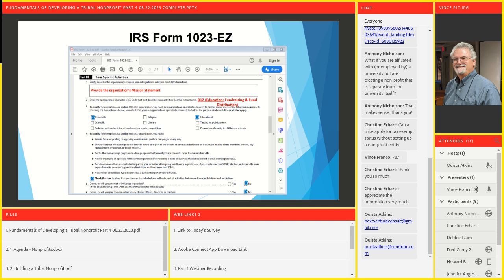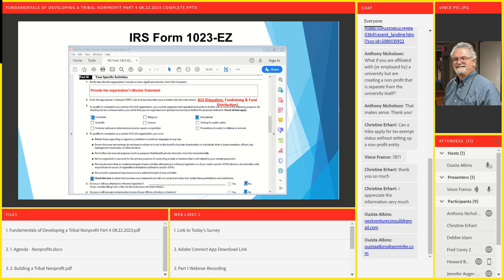That's number 2. Number 3, to qualify for 501c3, you must be organized and operate exclusively for one or more of the following purposes. By checking the boxes below, you attest that you are organized and operate exclusively for that purpose. So they give you some options here. And most likely, remember we went through the 26 questions, you've narrowed out, you've eliminated a lot of these.